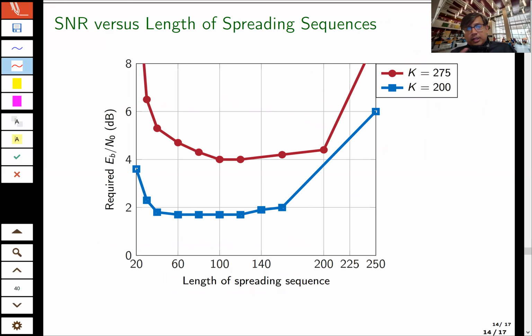Now, if you use this kind of approximation and you try to look at the minimum signal to noise ratio that you require as a function of length of the spreading sequence. So the question is, what should I pick to be the length of the spreading sequence, right? So let's take the blue curve as an example. So here there are 200 users. If there are 200 users, and if I pick anything more than, let's say, 200 length spreading sequence, well, actually